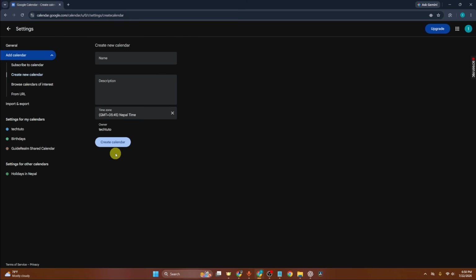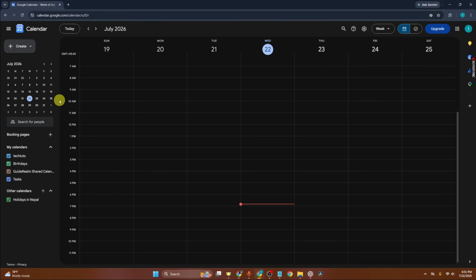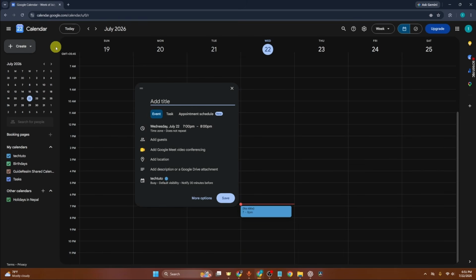Now let's add an event to this shared calendar. Now just go back and go to the top, and then from here click on create at the top left, and then choose event and enter a title for your event. For this example, I'm just going to type something like team meeting. You can also choose it to be task or appointment schedule, so that you can also add location, description, and